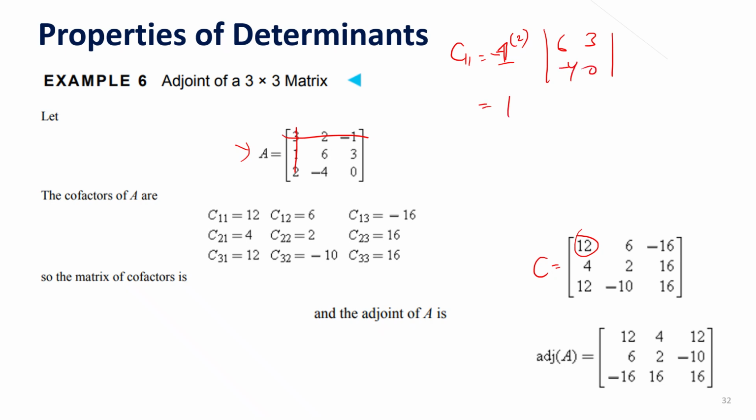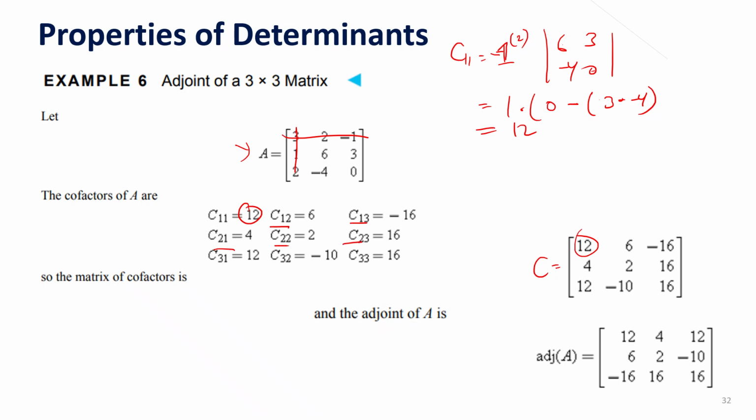So you have 1, and then 6 multiplied by 0 minus 3 multiplied by minus 4, so you get 12 here. Something like that, and then finally you calculate each of them: C12, C13, C21,